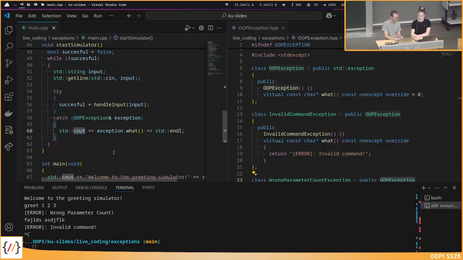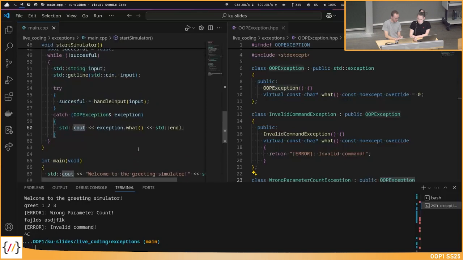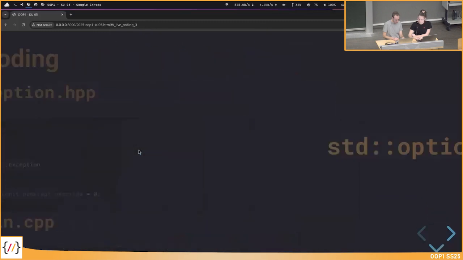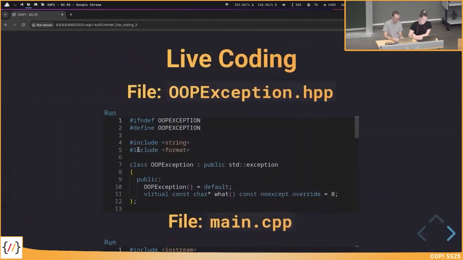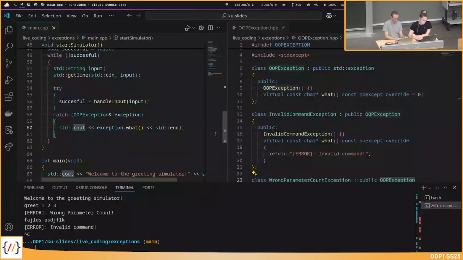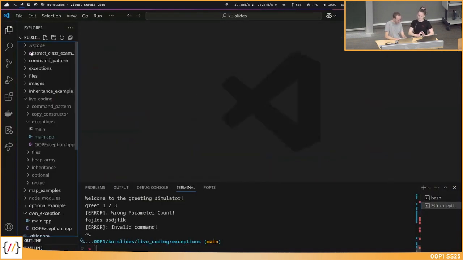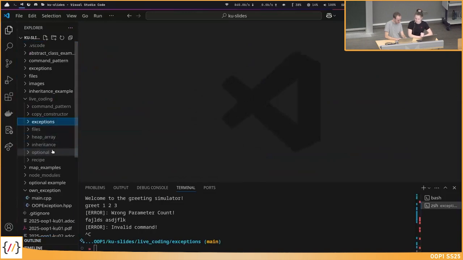Okay, I think that's it. Maybe some good ideas for your commands parsing in assignment 2. I don't have a slide to come up with that, but just again to emphasize: derive a base exception from the standard exception, and then from this base exception derive your own exceptions. This is quite beneficial. Okay, then I clean this up for you so that you can continue with your topic.